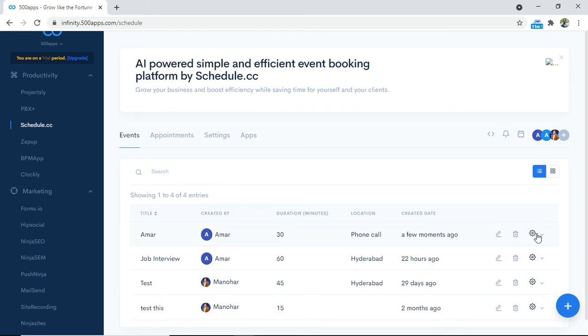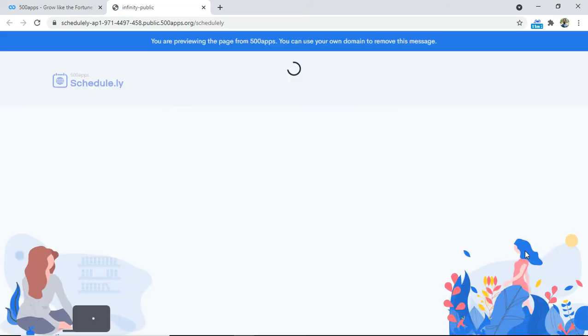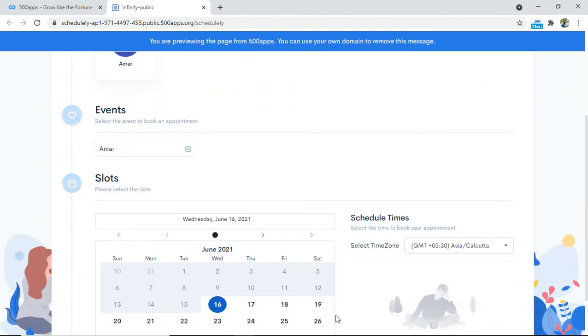I've scheduled an event. So what I'll do is go to the event booking link. This link, you can integrate with your company page. That would be a seamless integration. You can seamlessly integrate this page with your company page, so that whenever a patient clicks on my name or my image, as I'm a doctor, Mr. Amar, they will be directed to this page.